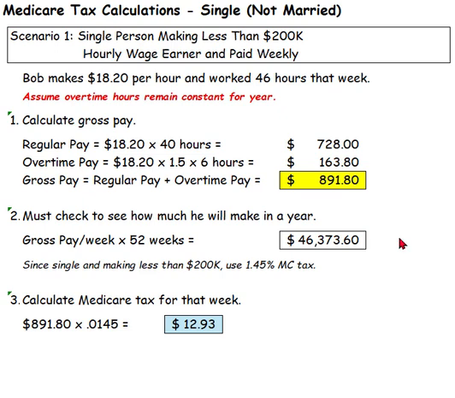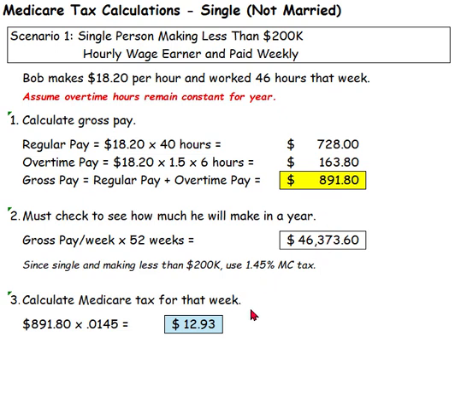Now, we must check to see how much he will make in a year. Obviously, he's not going to make over $200,000, but we'll go through the calculation anyway. So, gross pay per week, which is that, times 52 weeks would yield $46,373.60 of pay per year, which is well under the $200,000, which is the changeover for a higher Medicare tax